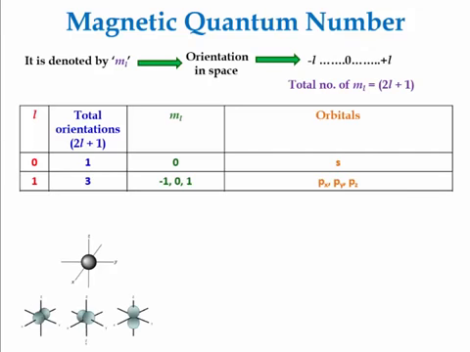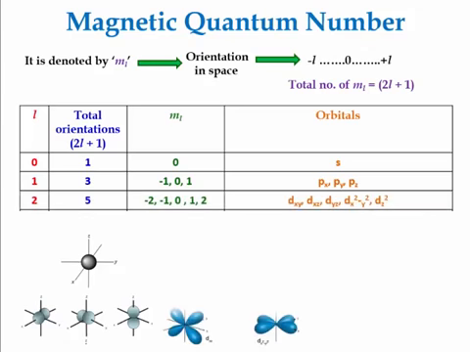If the value of L is 1, total orientations becomes 3. So ml will have -L to +L, that is -1 to +1, that is -1, 0 and 1. It stands for Px, Py and Pz. So there are total 3 p orbitals. Px stands for the p orbital is along x-axis. Py stands for that the lobes of the p orbital are along y-axis, and so on. Remember that there is no connection between -1 and Px. All 3 p orbitals are degenerate, that means they have same energy.